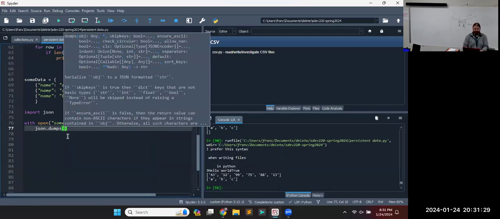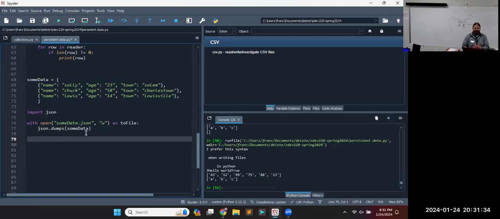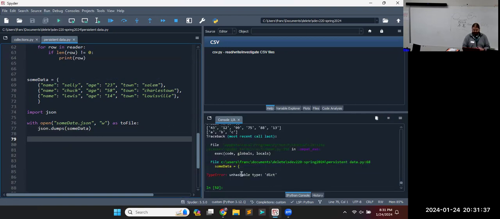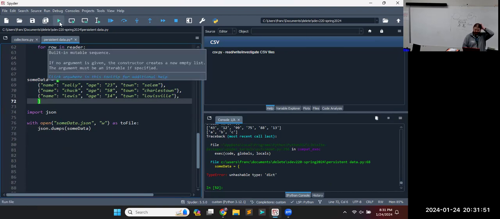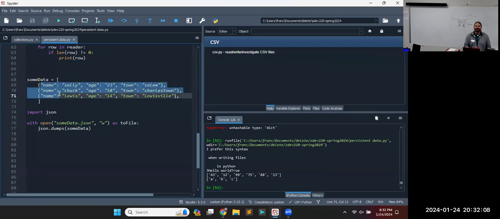So JSON.dumps, and then what are we dumping? We're dumping some data. And then the with thing will automatically close it. So if we run that, whoops, capable types. Maybe it doesn't like that. Let me try switching that to a list. I almost did this earlier, but then I was like, well, maybe it'll be clearer if I do it this way. Okay. So since I did not have a key for all of these things, it didn't like doing that as a dictionary. So I changed it to a list filled with dictionaries, which is probably a